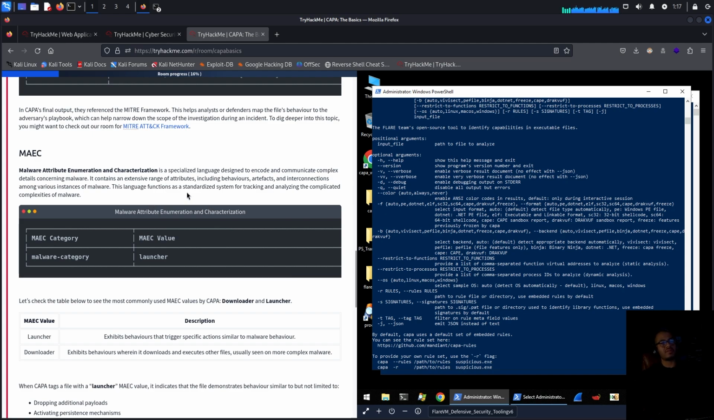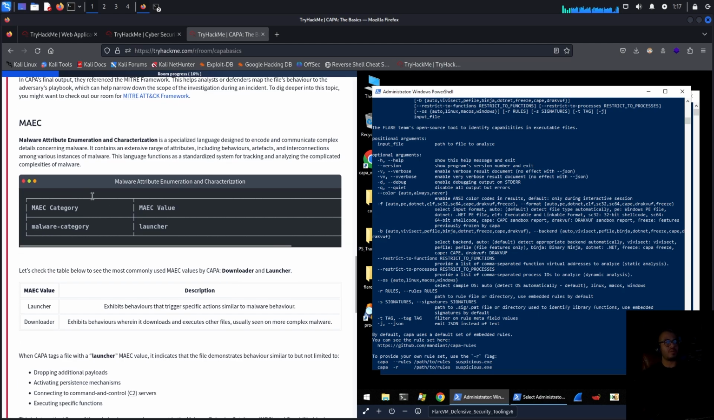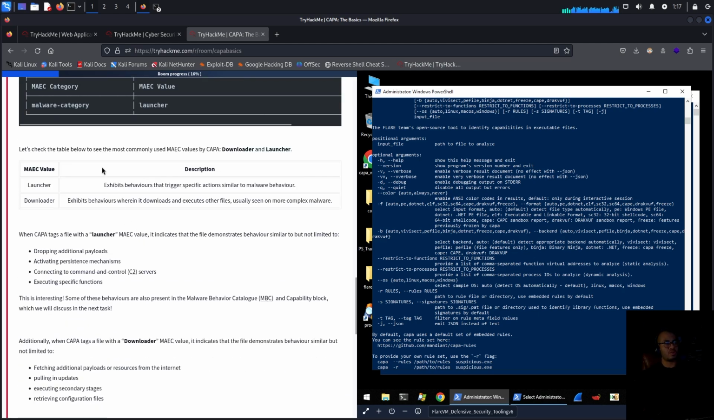It contains an extensive range of attributes, including behaviors, artifacts, and interconnections among various instances of malware. This language functions as a standardized system for tracking and analyzing the complicated complexities of malware. Okay, malware category launcher. So let's check the table below to see the most commonly used MAEC values by CAPA,